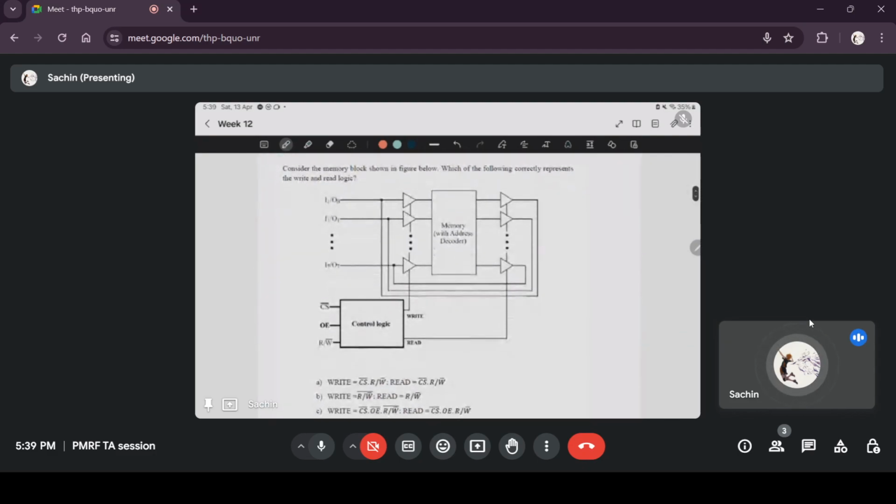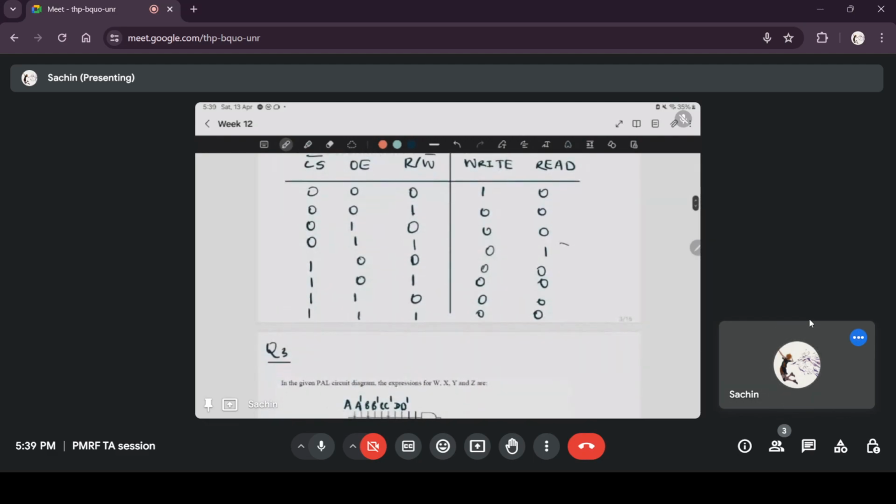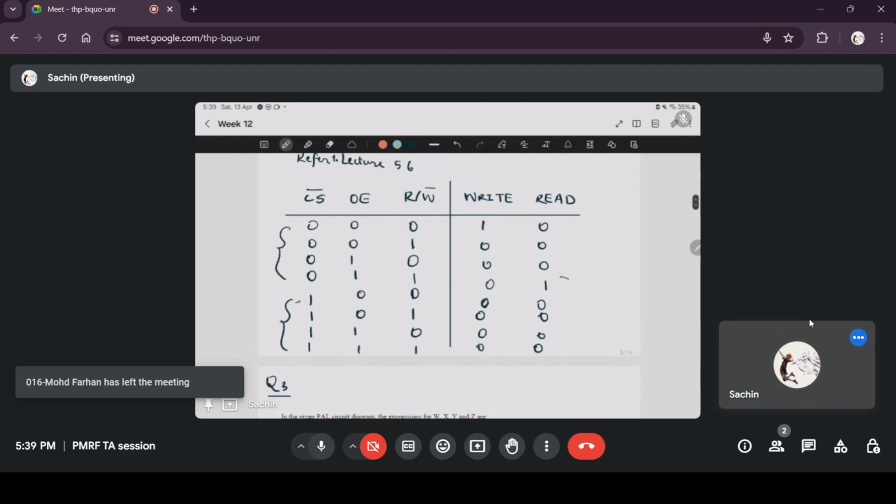Question 2. Consider the memory block shown in figure below. Which of the following correctly represents the write and read logic? Here there are three control inputs. CS bar is the control input which enables or disables the whole circuit. If CS bar is given as 1, then write and read both are 0. That means you can't read from the memory, you can't write to the memory. So these four. When CS bar is 0,